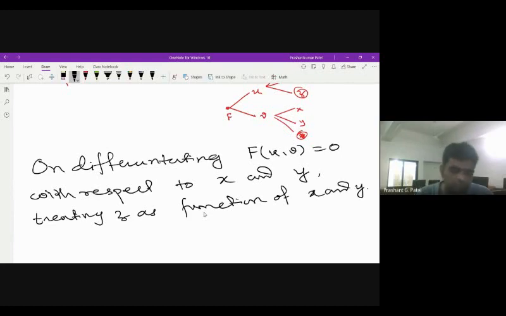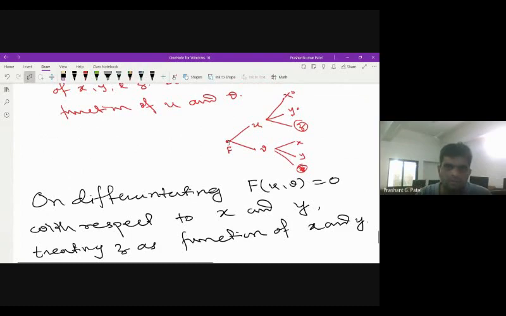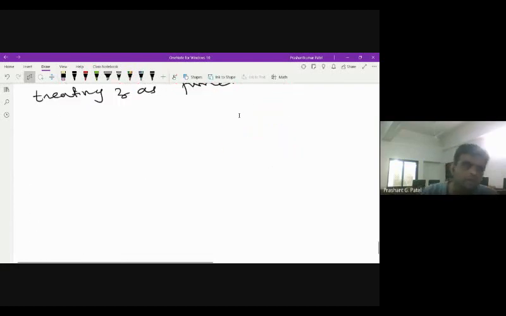We have to treat the function z as a function of x and y. So what will we get if I differentiate this f? You have to go with two paths. The first one is f with respect to u, and then u with respect to x. So it is del f by del u into del u by del x plus,